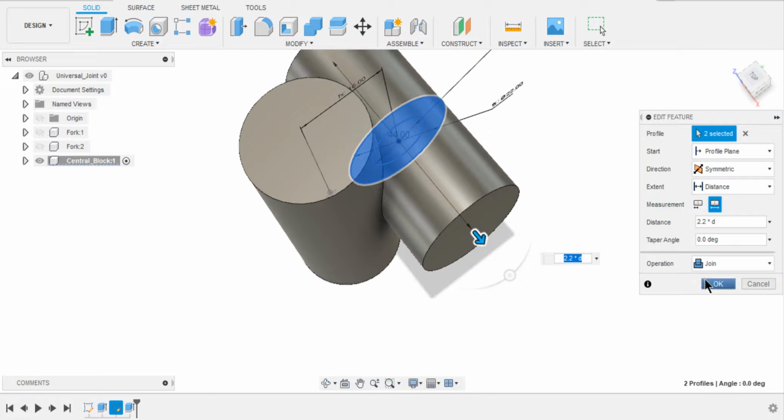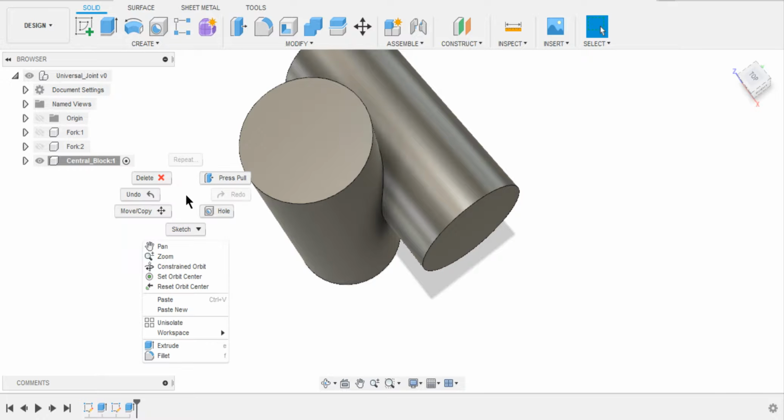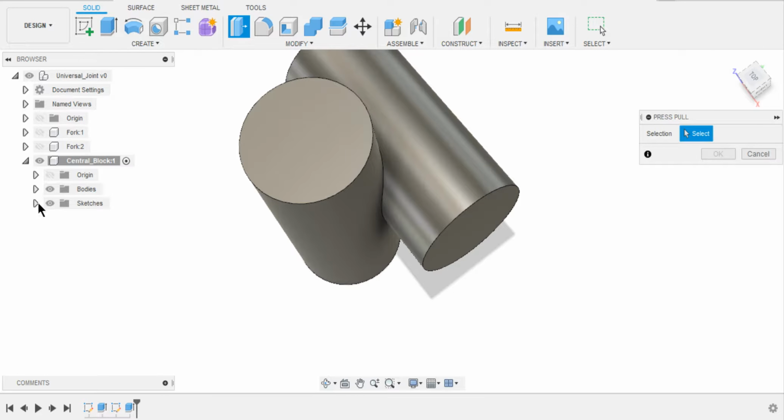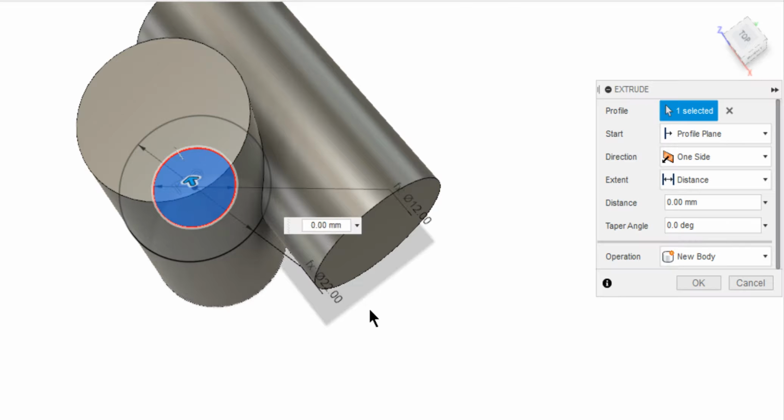If you are unable to select the profile there, hold the left mouse button and hover through options. Now perform press pull using marking menu. Note the position. Let's try that again, and there you go. I want to show the first sketch in central block. Select the inner profile. Repeat the direction.